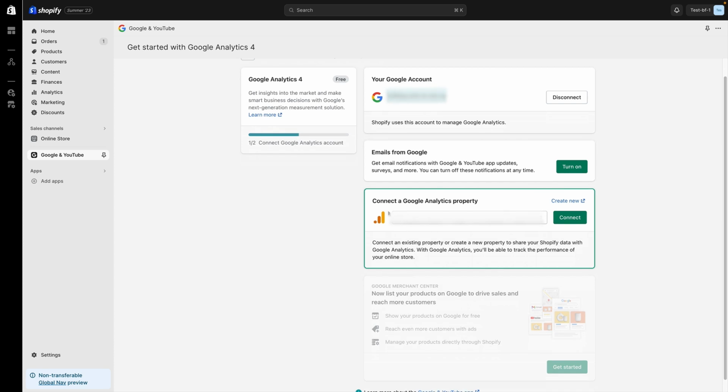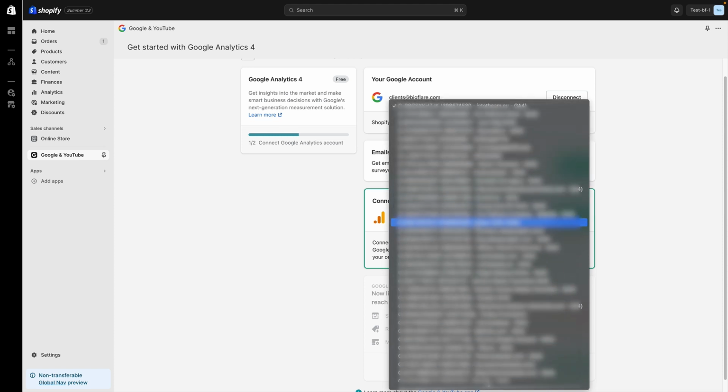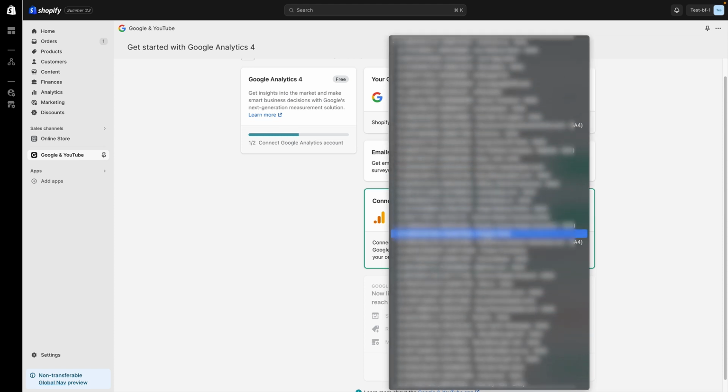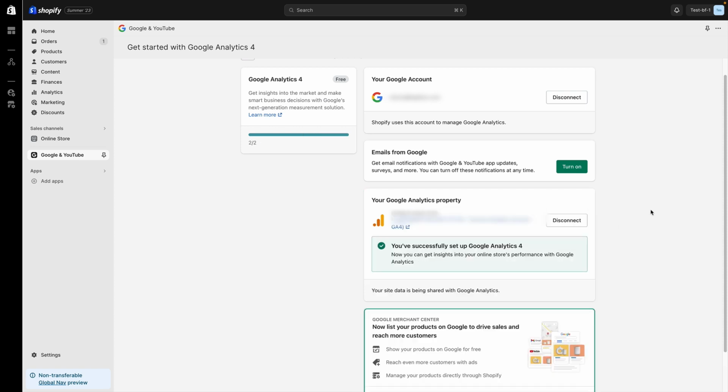So once you click that, you're going to have a drop down here, and what you want to do is select, you can see I've got quite a few Google Analytics properties here, but if you've got multiple properties, you need to find the property that you're interested in connecting. And what's the property for our dummy site? It's in here somewhere. There's our... So then you click into the correct Google Analytics property, click connect, and you should be good to go at